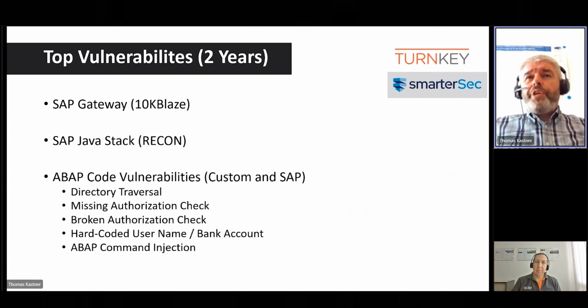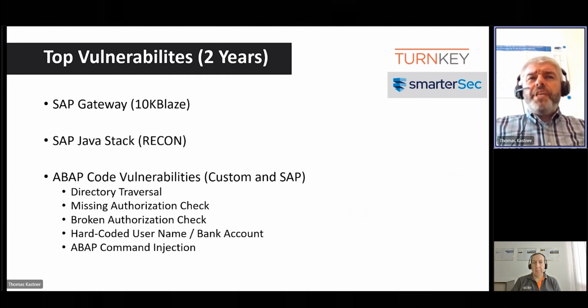So there's a scoring card of security vulnerabilities from 0 to 10, and 10 is the most vulnerable finding, and Gateway and Java Stack, Recon and 10K Blaze are on top, meaning a rating of 10.